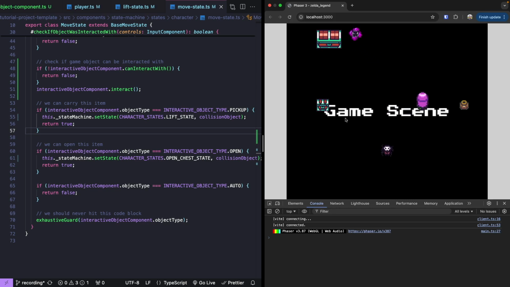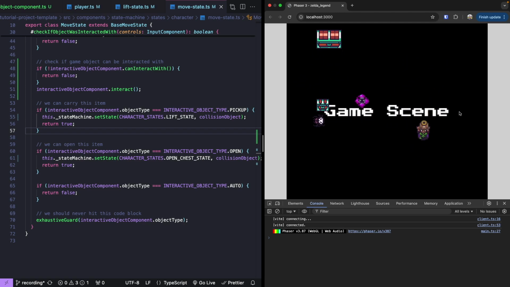Alright, so we want to test our changes. Let's come over to our pot. If we have our player lift up our pot, we'll see right away our game object, we update our offset, and we don't have it above our head because we didn't move our object as part of our lift state. But now when we go to our move hold state, we'll see our object's position is updated